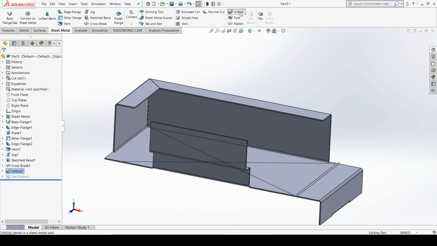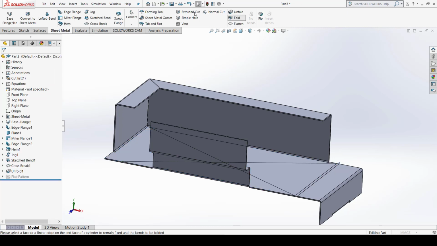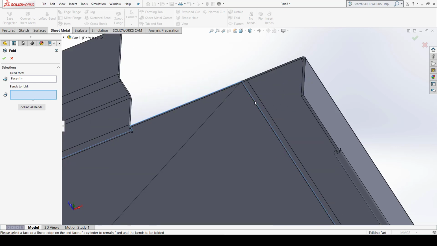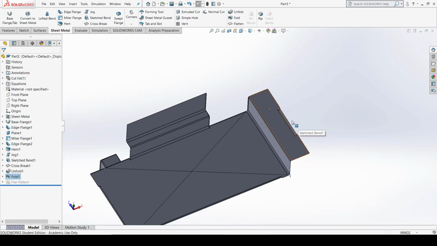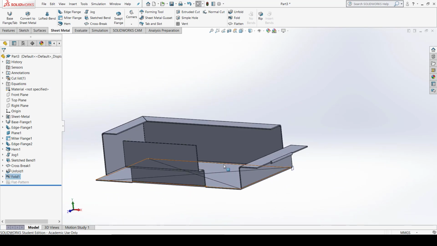Now fold it. So this is the bend I have to fold, click OK. So you can see the bend will be as per the previous position.